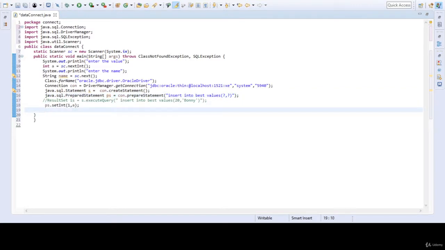So now after this our program contains a string also, so we have to create one. So now this is ps dot set string to name, right. After this we are going to add the executable command.